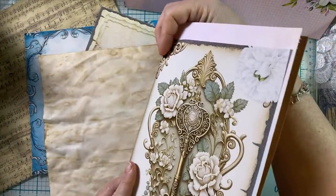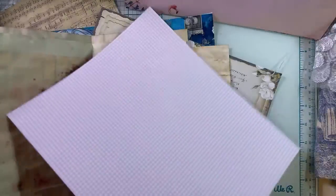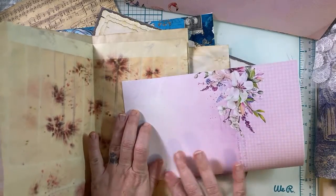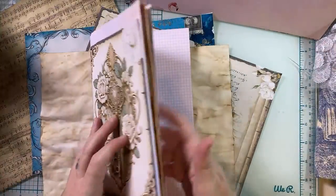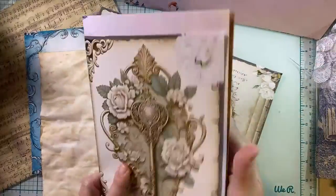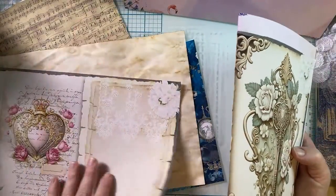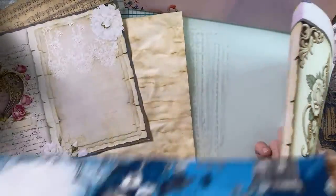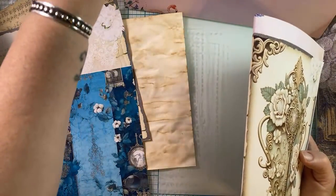Ugh, it's kind of hard to keep these together, but we're gonna do it. We're gonna keep going. Just keep going. Let's see. This is pretty, really pretty. It's gonna be pretty thick actually. I mean, it doesn't have a ton of paper in it, but it's a good size. We're gonna have to decide what our center page will be. Maybe this will be the center page of the journal. So if that's the case,